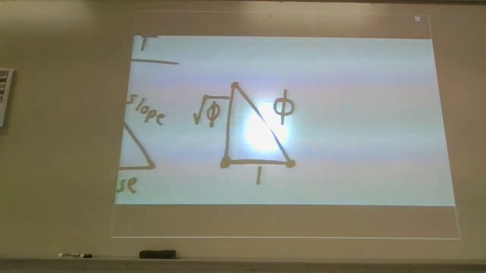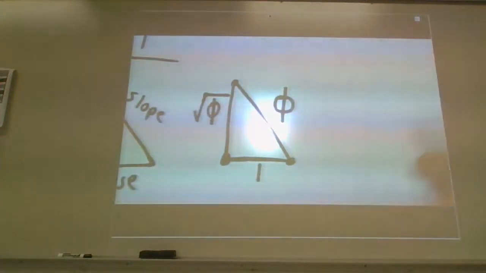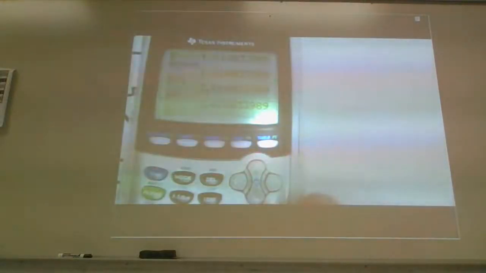It is absolutely insane to me to think that something like that happens. Insane. I did want to show you one thing on the calculator real quick because I thought this was awesome in regards to phi and its relationships. I'm going to leave that there for a moment and bring this in. Check this out. You don't have to write this down. I just want you to see this. This just blows my mind.